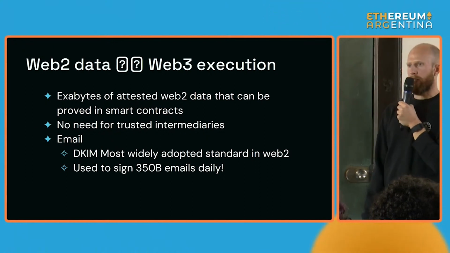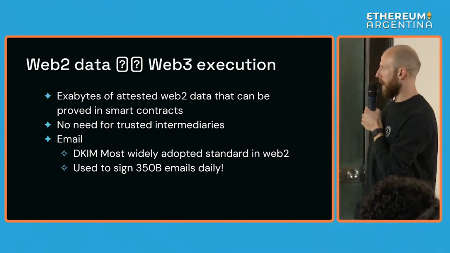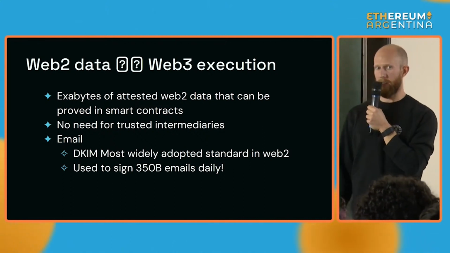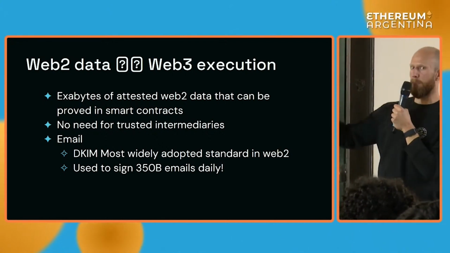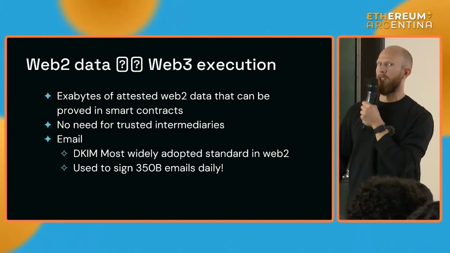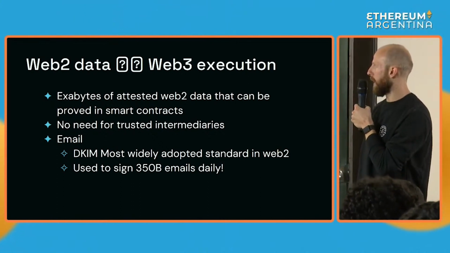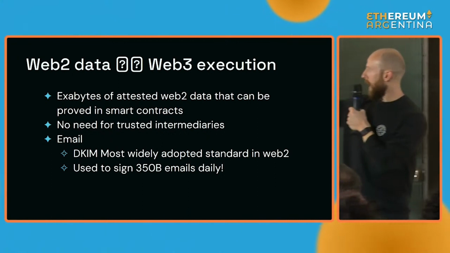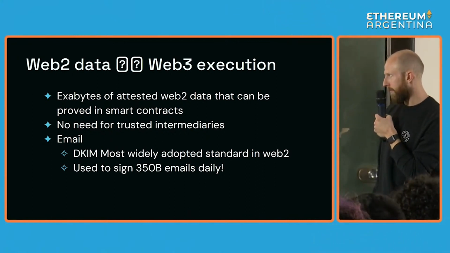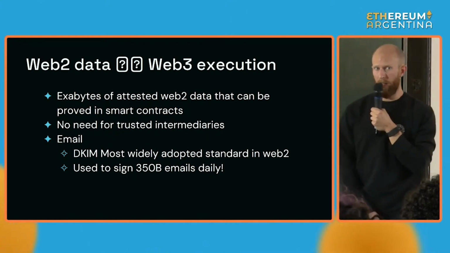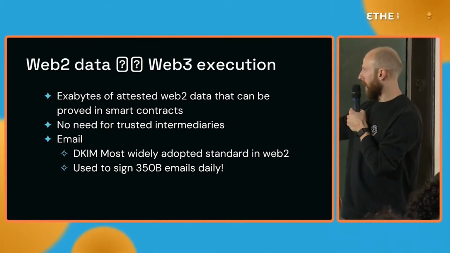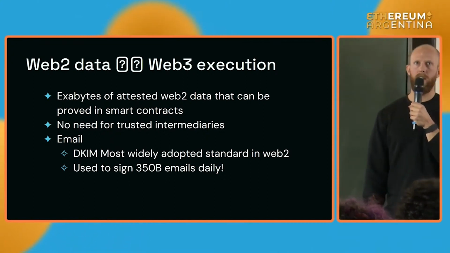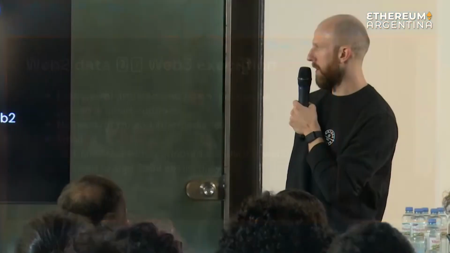And like I said, it's just kind of an open frontier where people are really just discovering interesting use cases as we go, right? There's a whole ton of data in the Web 2 world that we might want to bring into our on-chain lives, but not have to do it in a very public way. We can, at times, remove intermediaries. And I think email is just a great example, using some of the most widely adopted web standards in the world, something like 350 billion emails a day, and just a lot of useful information that people and projects and businesses can take care of.